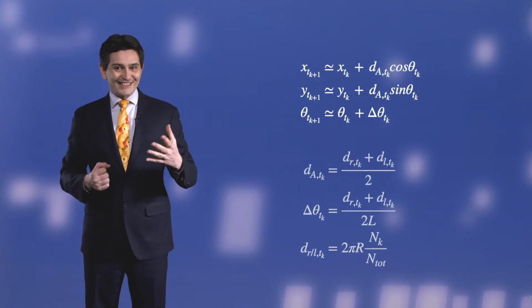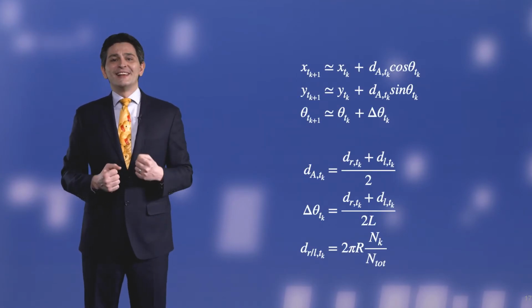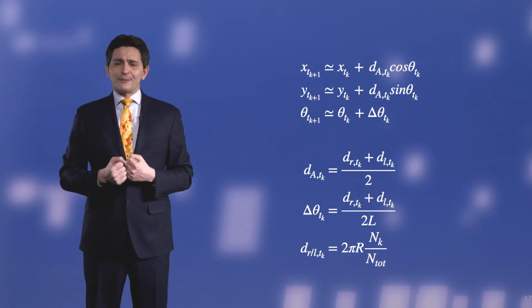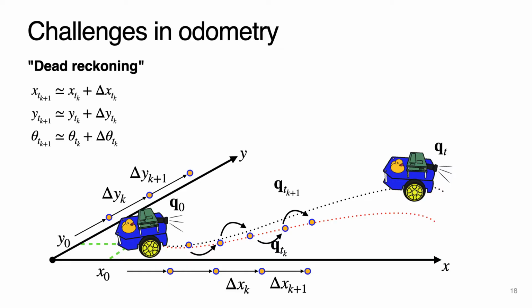Okay, ducky, easy. Is this all there is to it? Not quite. There are practical challenges in odometry. The first practical challenge stems from using this dead reckoning approach, which is the official name of always adding an increment to a previous estimate in order to obtain a new one. While it might work well for short distances, over time, errors, like the discrete time approximation, will accumulate,